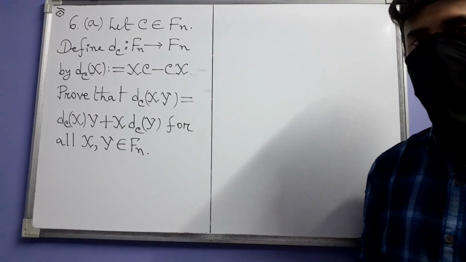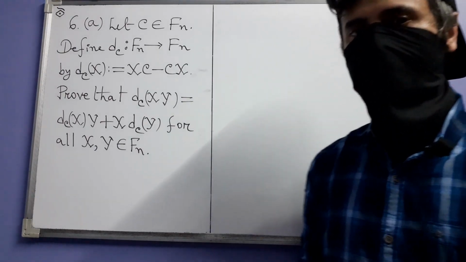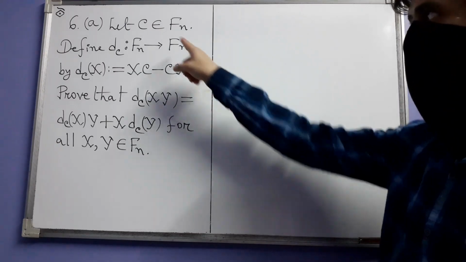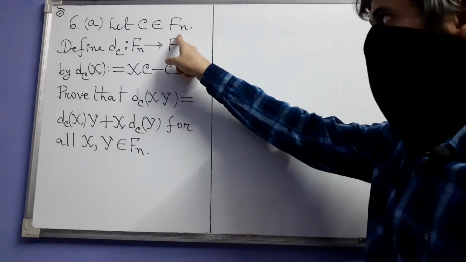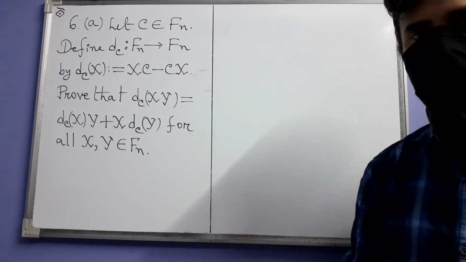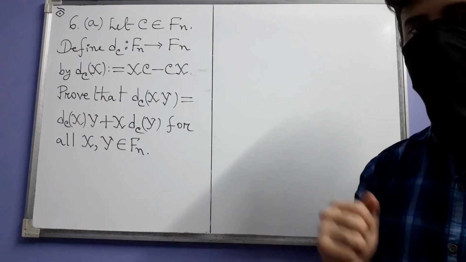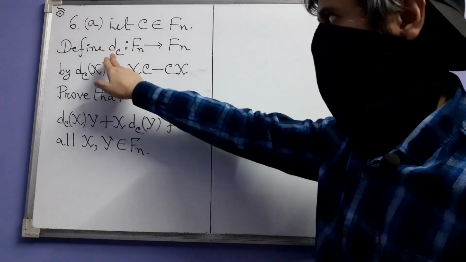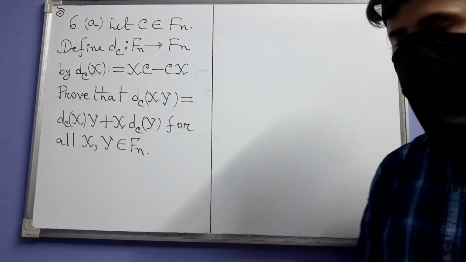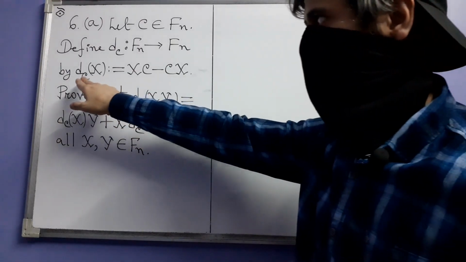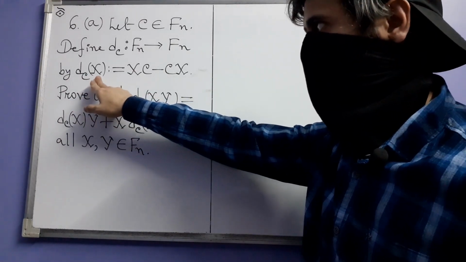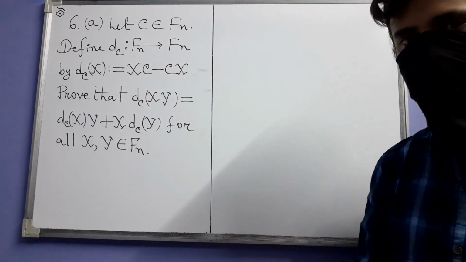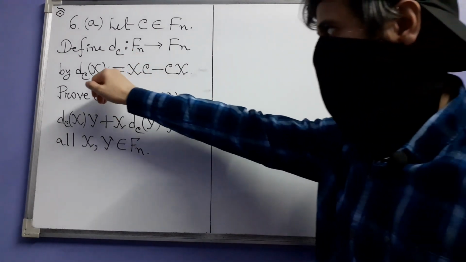Next we have number 6. It has two parts. So let's see part A first. In this, a matrix C has been chosen in the matrix algebra Fn. Then using this matrix C, a function has been defined from Fn to Fn, and the function has been named dC. So what it does is that if we evaluate this function at an x, where x of course is coming from Fn, that means x is an n by n matrix over F, then that image